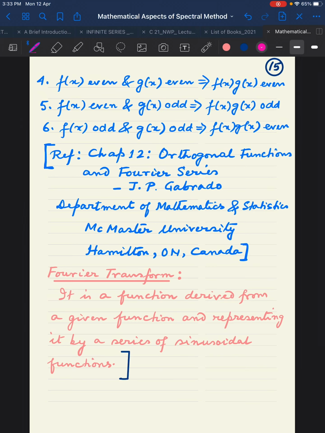Later we will discuss it in a bit more detail, but I think you all know that a Fourier transform is a function derived from a given function, representing it by a series of sinusoidal functions. And the link I will give you in your classroom, you will see when we apply the spectral method,